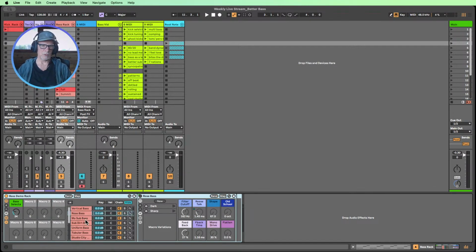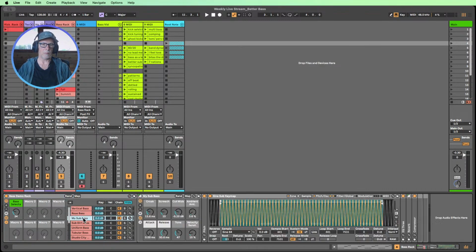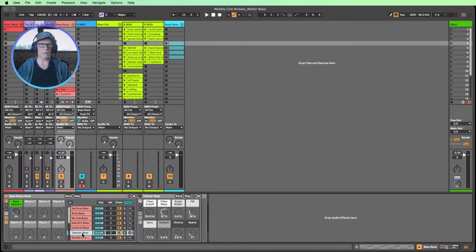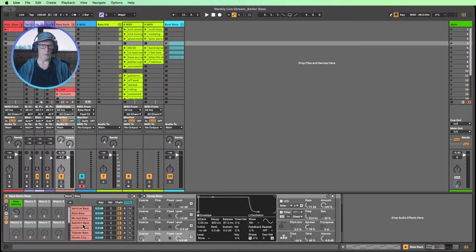And again, if you're just joining the stream now, all of these bass patches that are in this rack, it's simply a rack where there's lots of different bass patches in it. They're all Ableton Live patches. So you can grab all of these different basses just by going through the browser in Ableton Live, if you're in Live and Suite, and getting yourself into these different bass sounds. Because today I normally make my own sounds from scratch, but today it's about showing you more about patterns and techniques, rather than the sound itself, which is not so important here.